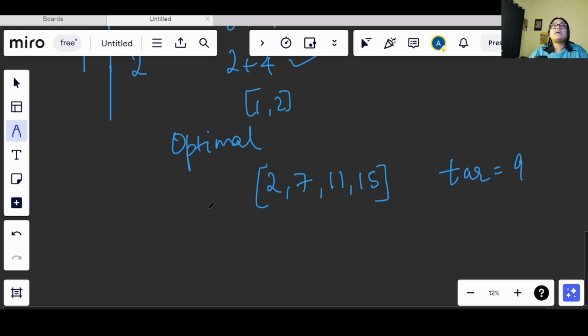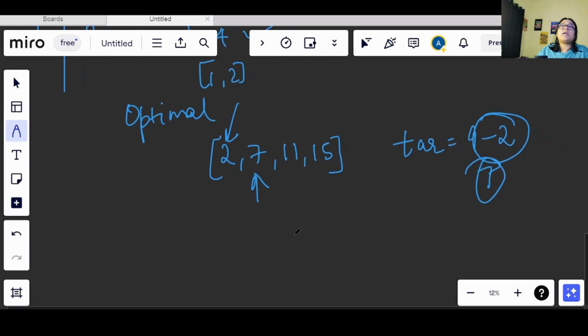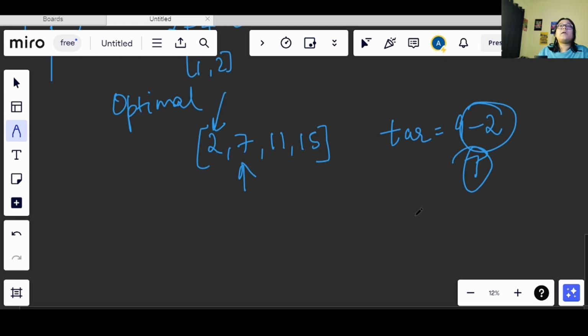Now let's say I found out 2 is there. Okay. So what I can do is, if I do 9 minus 2, then the leftover value is 7. Now if I can search whether this 7 exists or not in any data structure, then I can return the answer, right? What I mean by that is, let's say I am using a dictionary here. Why am I using a dictionary? Because we will be performing the search operation in O of 1 time complexity, so it will be efficient, right?